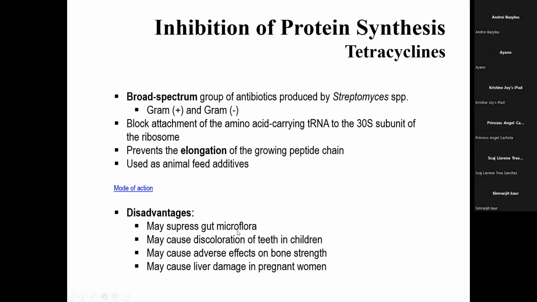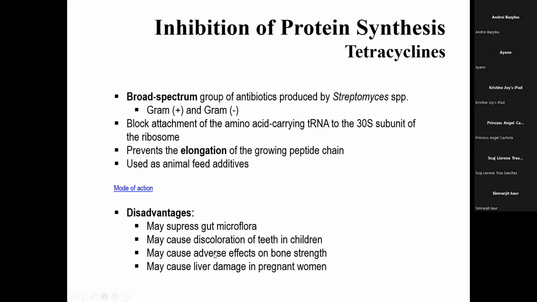Some of the disadvantages of the tetracyclines, again, some of them maybe unique specific features. They're broad spectrum antibiotics, very efficient, bactericidal, like I said. They're pretty good, unfortunately, at suppressing gut microflora. And we talked about that before. I don't want to repeat myself. Very important for our immune system and in general for our health and well-being. So tetracyclines are not the best antibiotics we have. They're not the most commonly employed antibiotics we have in hospitals for people. And one of the main reasons why is because they are pretty good at suppressing gut microflora. Another major problem with tetracyclines, why they were phasing them out over the past decades,